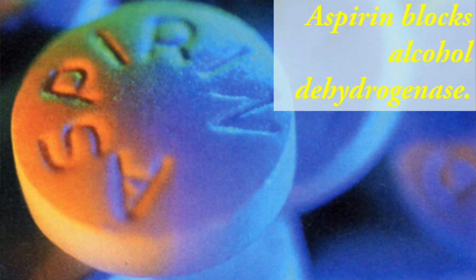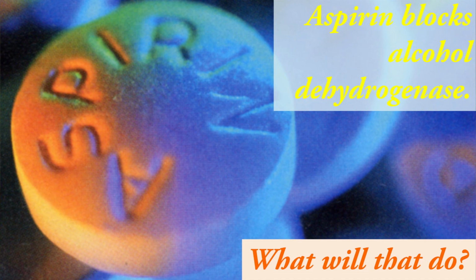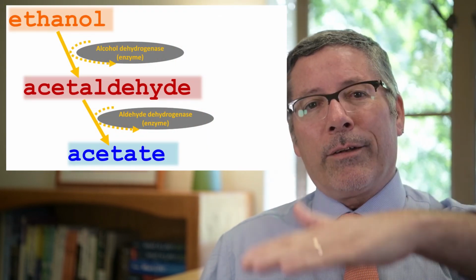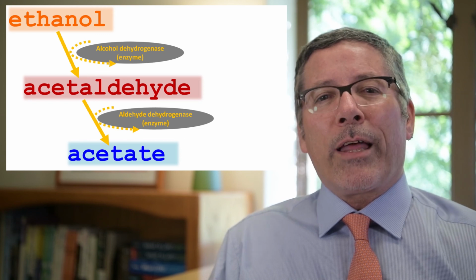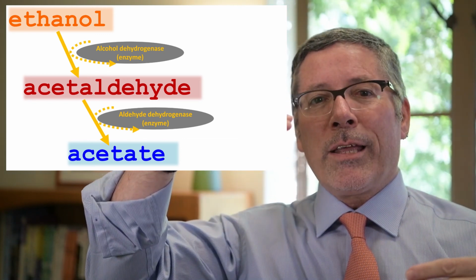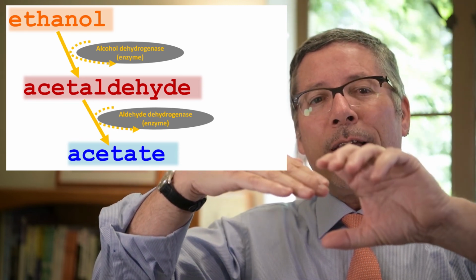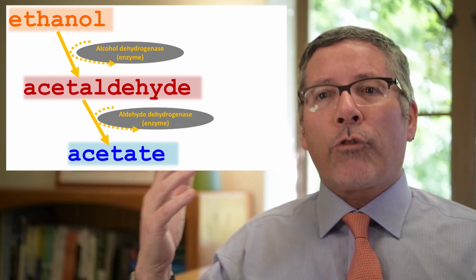Now let me tell you about a different chemical effect on alcohol, aspirin. Aspirin blocks alcohol dehydrogenase. We've been talking about aldehyde dehydrogenase. Aspirin blocks the enzyme in the first step of the reaction. So what do you think that's going to do? Well, if we go back and we look at our pathway, ethanol getting metabolized into acetaldehyde, getting metabolized into acetate. Well, if you block the first enzyme, then no alcohol dehydrogenase or less, the ethanol sits there, doesn't become acetaldehyde, but ethanol does all those things I just talked about in your brain.